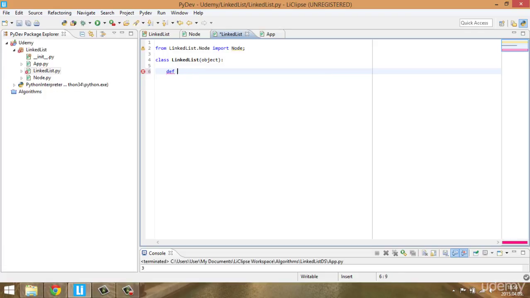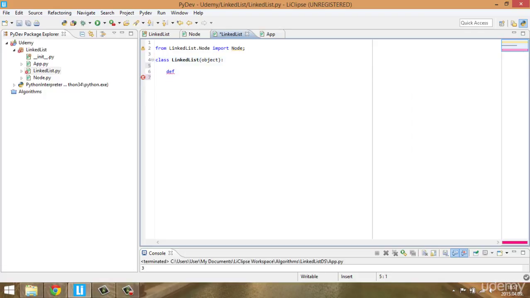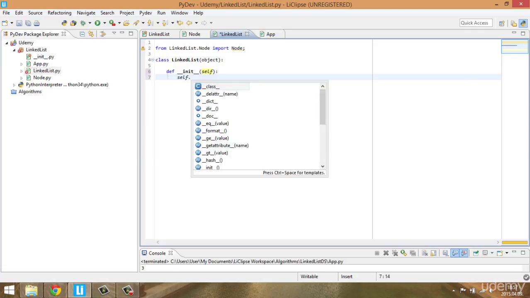It's very important that unlike Java, we don't have private field variables. We have to define them in the constructor, in the init method. So it's going to get a self, and here we have to specify